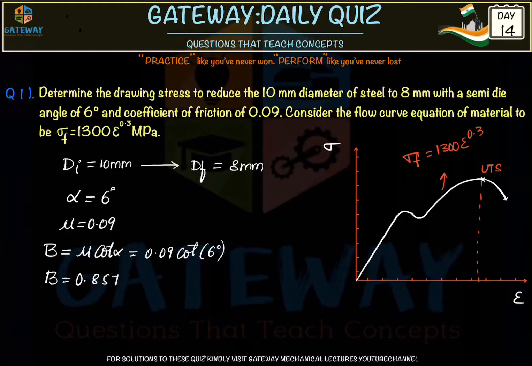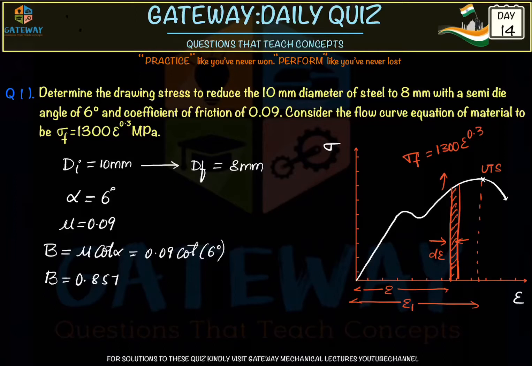Okay, this is our curve given. Further, generally we'll be making a derivation. We'll be taking a strip somewhere here, a strip of d epsilon thickness at a distance of epsilon, and also the total value till the ultimate strength point. Since we are applying forming, we have to take till the ultimate tensile point. That is nothing but E1, the final true strain. Okay, from here we'll make the derivation.